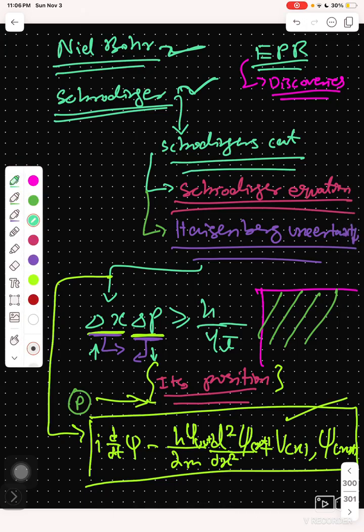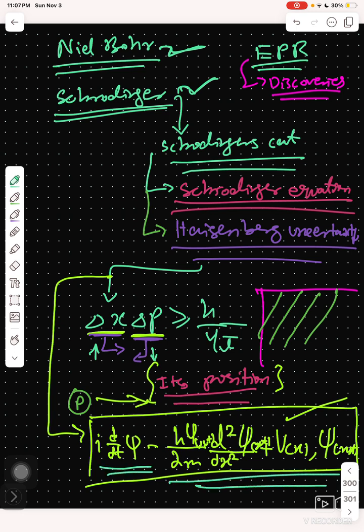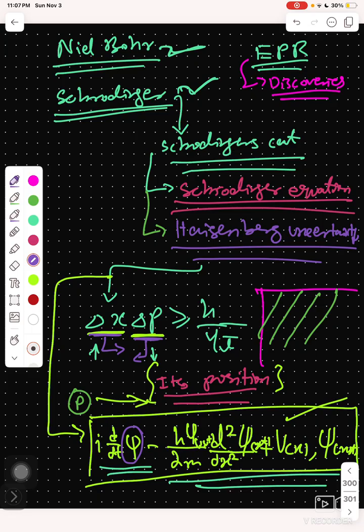And believe me, this equation itself has a lot of meaning. The Schrodinger equation is a whole different topic you have to study. It has psi, it has Planck's constant, it has the complex number i. Here V of x is the potential energy, which is constant. We're not moving it. Psi of x and t is again coming here. You might have noticed that